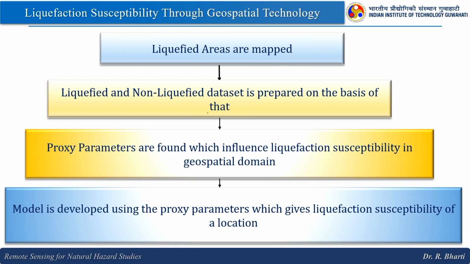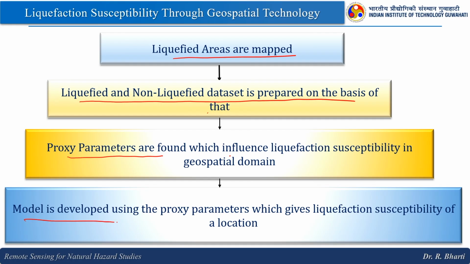So, when we talk about the geospatial technique application, liquefied areas are mapped. You have historical data sets, you can collect them and put them into a GIS, and then you can overlay them over the satellite images. So, liquefied and non-liquefied data set is prepared using different band ratio, Tasseled cap, and then the proxy parameters can be investigated, right. So, the proxy parameter is not the direct parameter which is playing a critical role in the liquefaction,